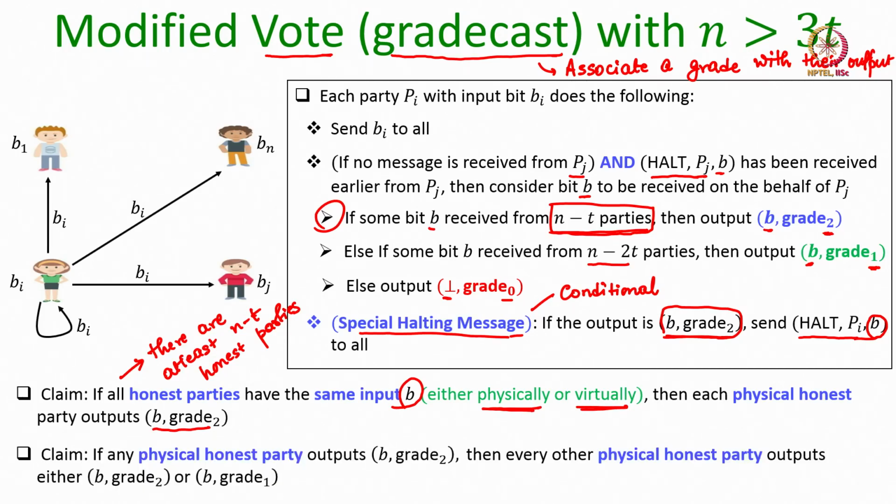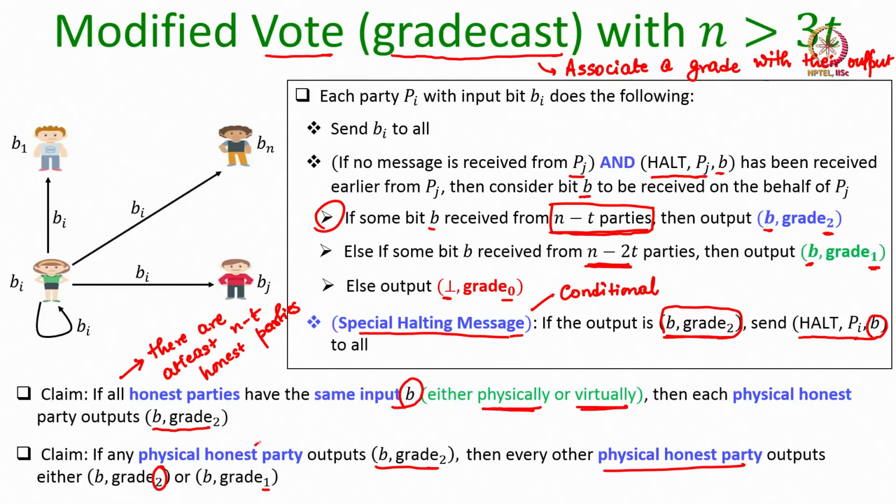And the second claim is that if any physical party outputs any bit b with the highest grade, then every other physical honest party will output either the same bit with the highest grade or the same bit with grade 1. It can't be the bit b prime with grade 2 or grade 1, or it can't be the value bot. And this simply comes from the fact that